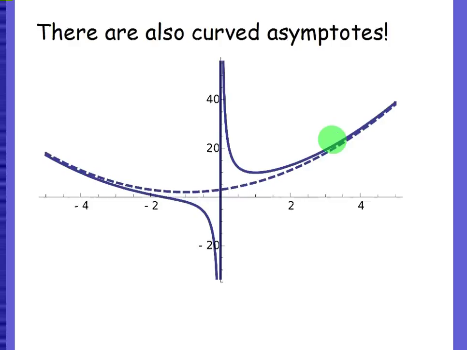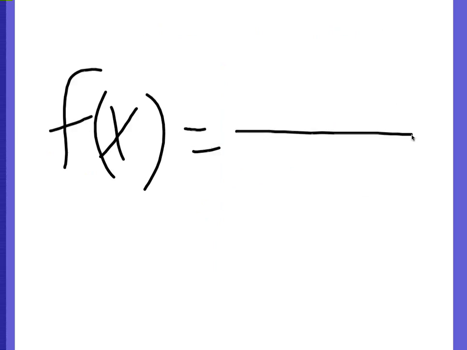And I do want to mention one more thing about rational functions. For it to be a rational function, it has to have a fraction, and there has to be a variable in the denominator, okay? So, again, my question to you is, can you find a rational function that doesn't have any asymptotes? I'll leave you with that one, and if you figure it out, I'll give you a